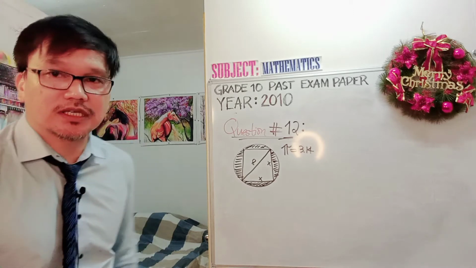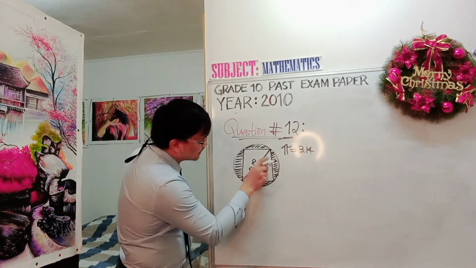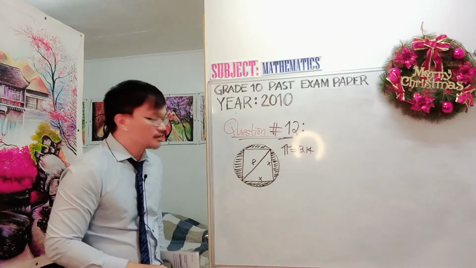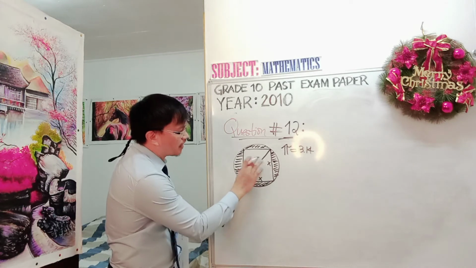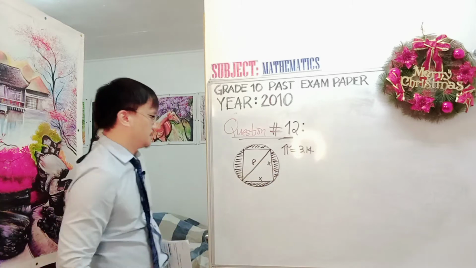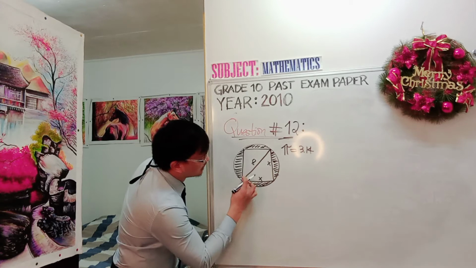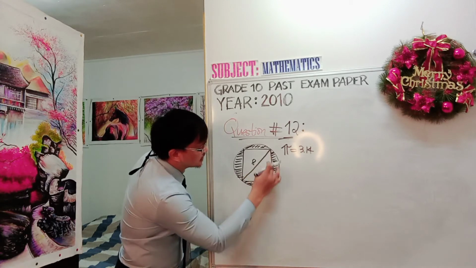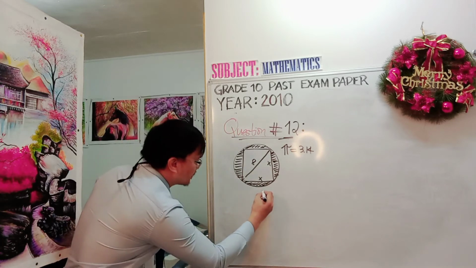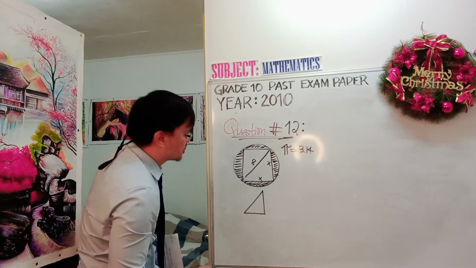Okay, the first thing that you should do is to find the value of this x here, so that it will solve your problem of finding the value of the shaded part. Now, I am going to take this one out from here. This forms a right angle triangle. So I will now have another diagram over here, a right angle triangle.